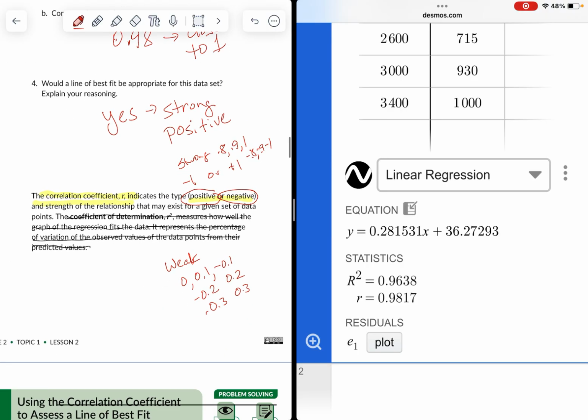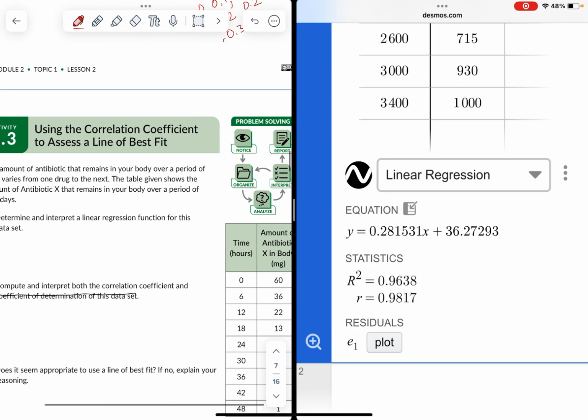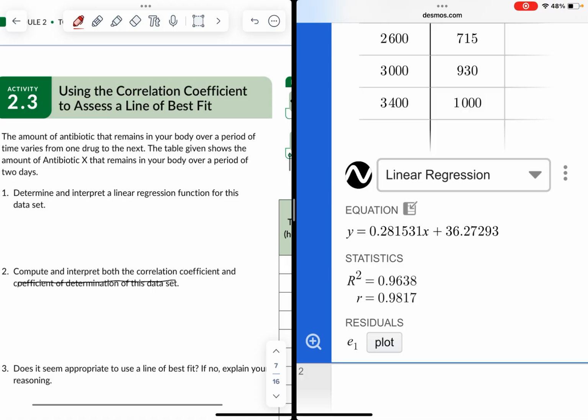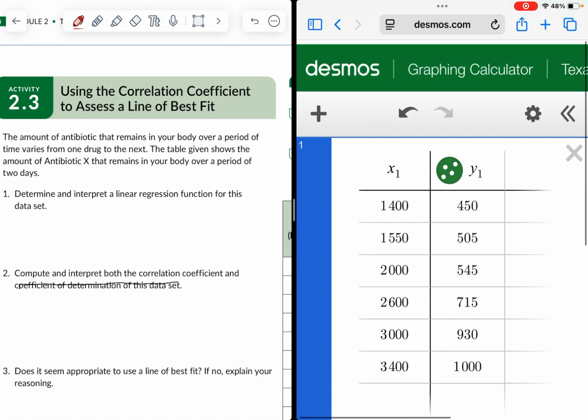Those would all be pretty strong. That middle stuff or the really low stuff, not strong, okay? Looking at the next page, activity 2.3, we're going to determine a line of regression for the next data